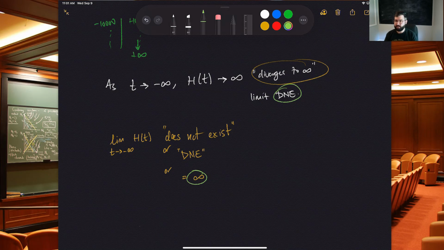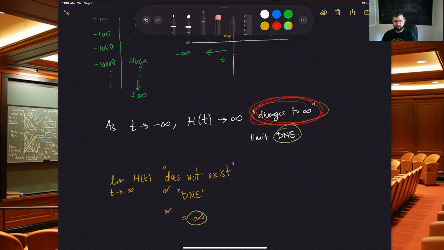But on exams and in your work, I want you to be using this language. It's going to be very helpful, especially for those of you who go on and study limits in a little bit more depth. You won't have this misunderstanding that can be harmful to your understanding. So, anywho,